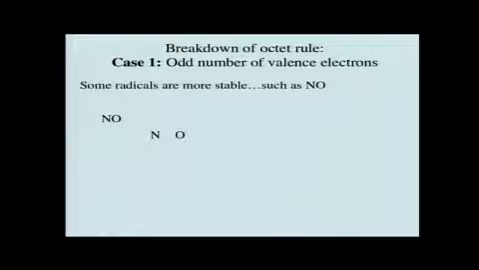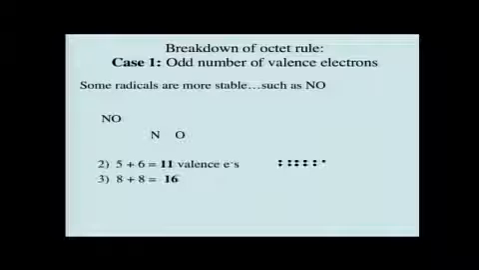We can think about radicals that are also more stable. So let's do another example with the molecule nitric oxide. So we can, again, draw the skeleton here. And just by looking at it, we might not know it's a radical. But as we start to count valence electrons, we should be able to figure it out very quickly, because what